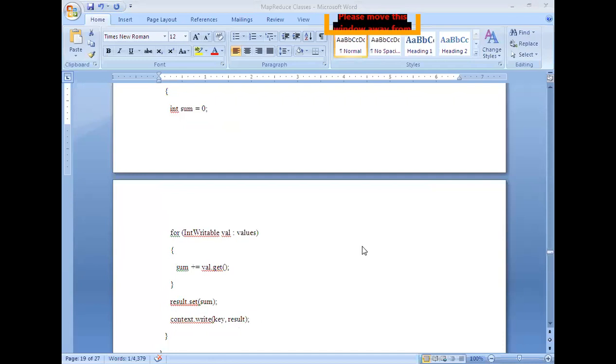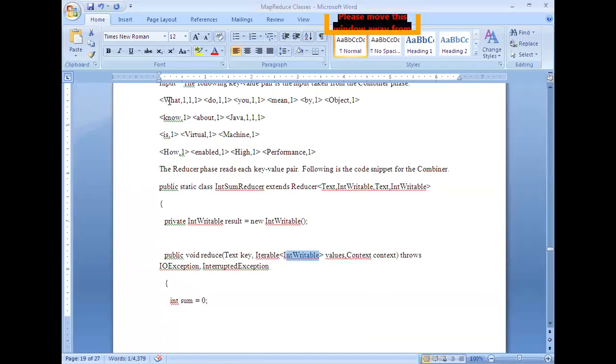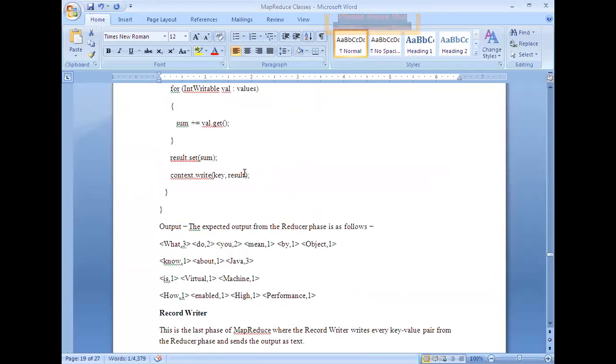The key is the word, and we find the sum of all these values, and that will be supplied as the value. Result.set is equal to sum. This calculated sum is assigned to the result, and the same will be written to the output location specified by the driver code, by using the context object.